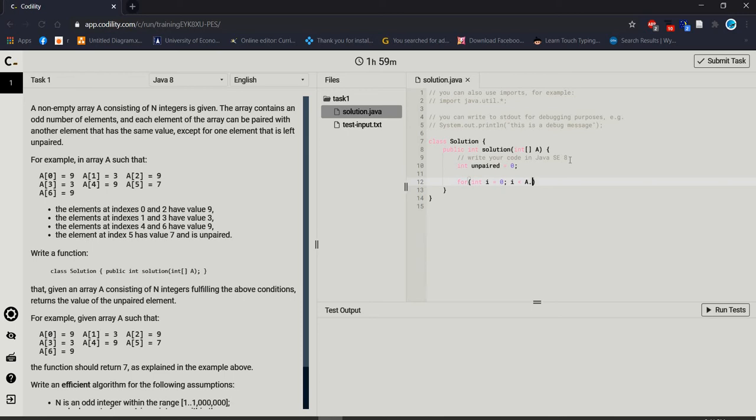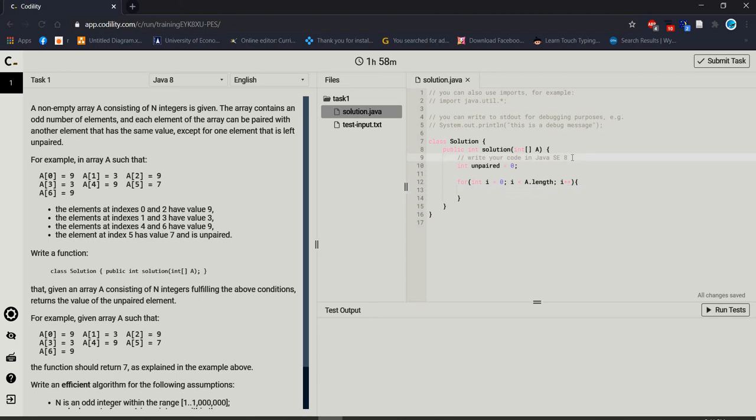the array, variable name is A, A.length, and after that i++. It should increment, because if the first value is not paired, then we have to check the second value, third value, fourth value, until the n-th position.